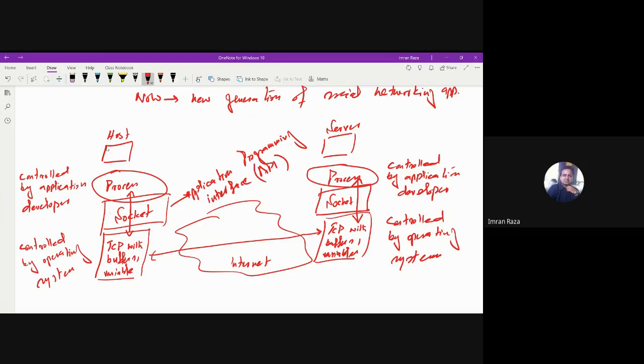So this API between the application and the network, since the socket is the programming interface with which network applications are built. Okay.